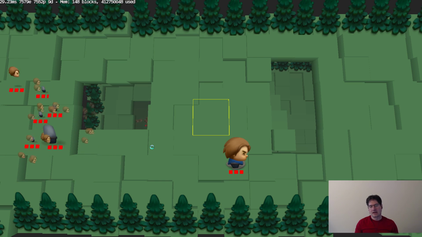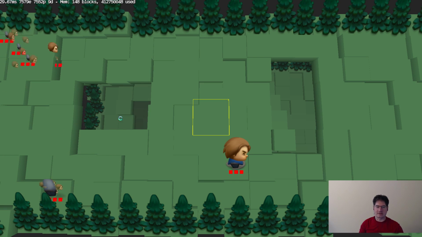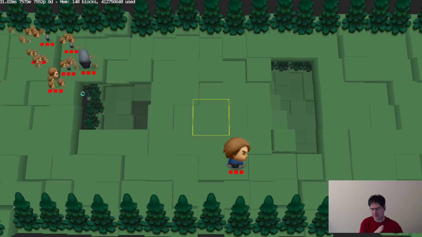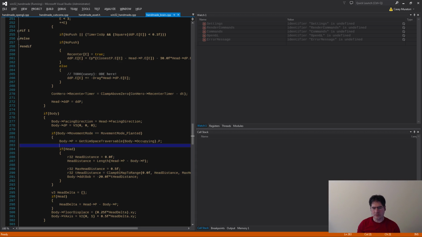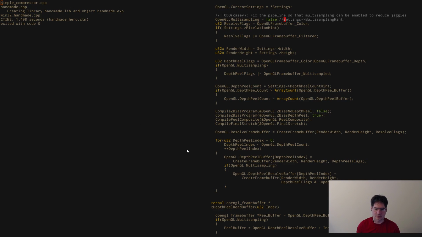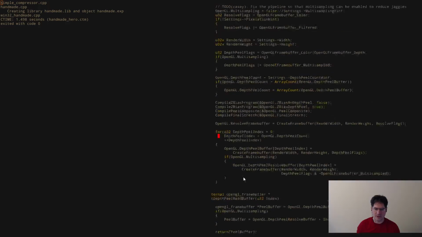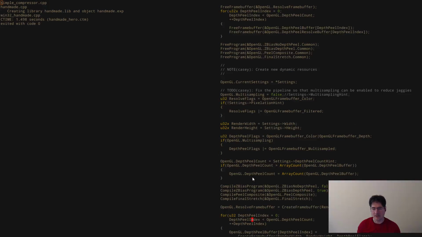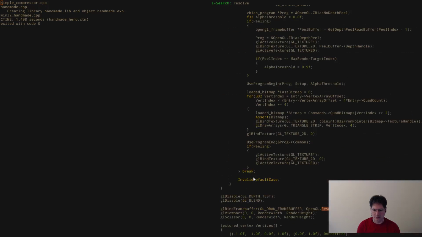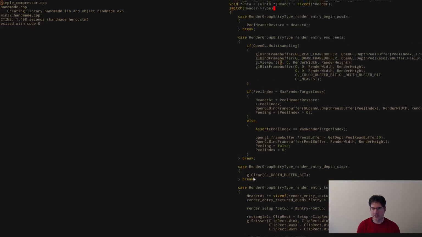In other words, I've got an edge passing through space somewhere here, where part of the pixel is going to be something way behind, and part of the pixel is going to be something up close. I feel like it would fix it if it just picked the closest depth value, but I don't know if that's something I can actually have it do. Meaning, when I do the frame buffer resolve, I don't actually know if there's some way to get it to... I feel like I could do it myself with some kind of custom resolve. But